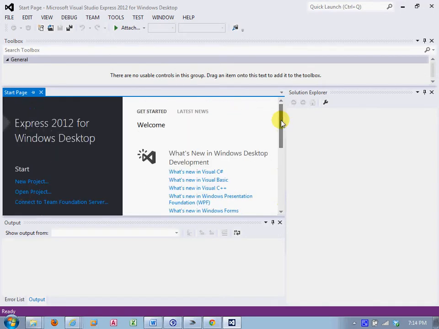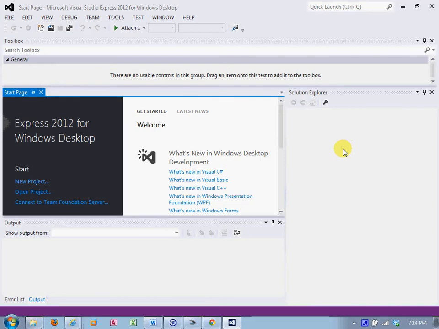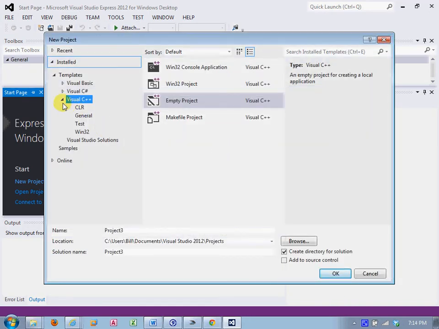First step I'm going to do is select File, New Project. Now, because I just created a Visual C++ project, it was highlighted and expanded. But you could use this studio, this integrated environment, to create Visual Basic programs. Actually, I'm teaching that course this semester, so we're using it for that purpose. Visual C# and Visual C++. Obviously, we're going to be working in C++,